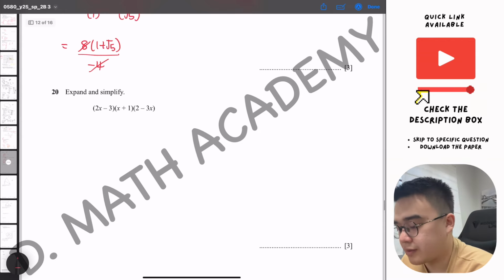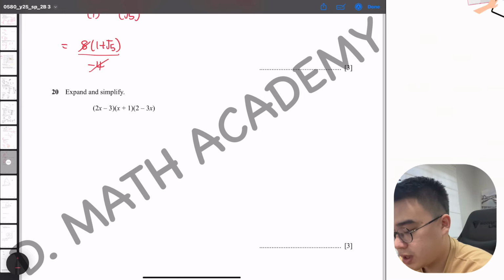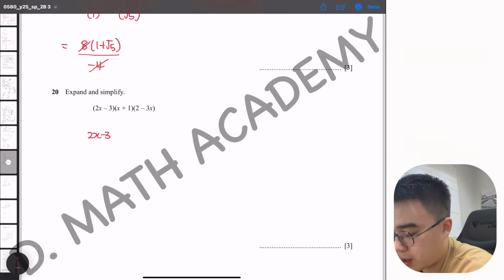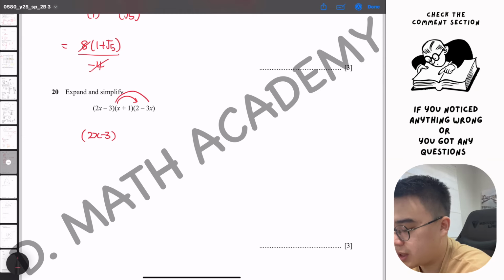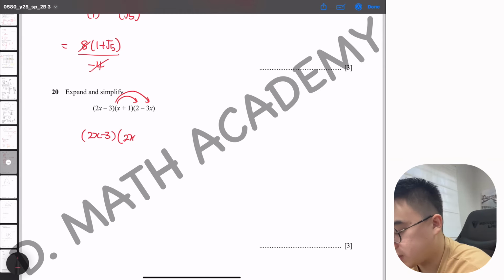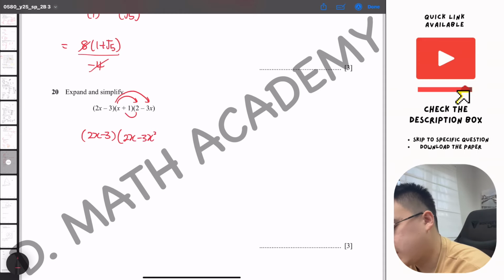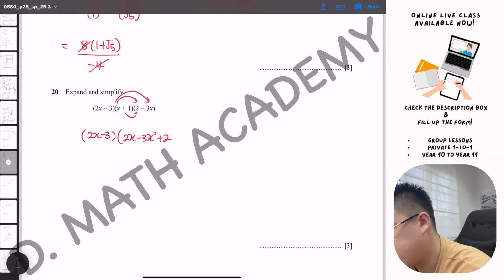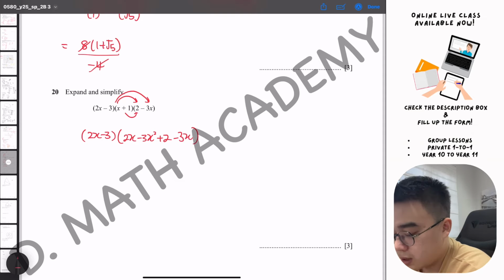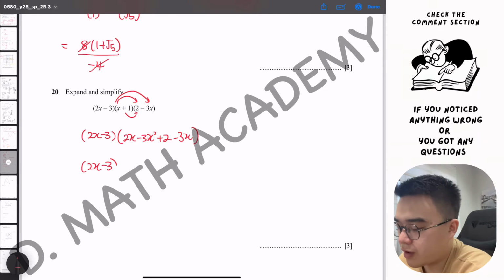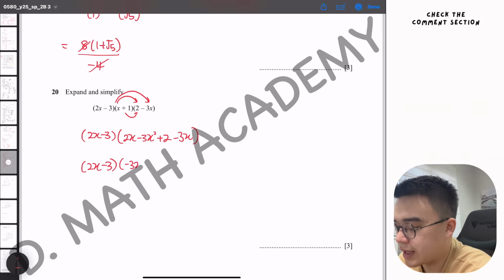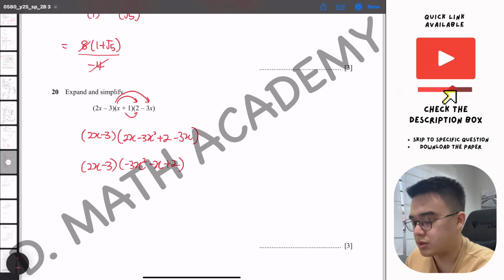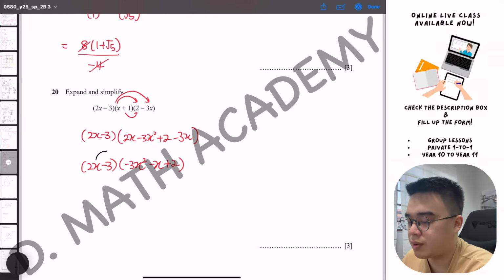Expand and simplify. Wow, let's do this. Because the arrangement is a bit off, I will normally do the one at the back first, creating 2x minus 3x squared, creating a positive 2 minus 3x. Remember, don't make your life hard. Please reorganize things nicely. Okay, before you perform your final expansion, where now 2x will be applied to all of them,